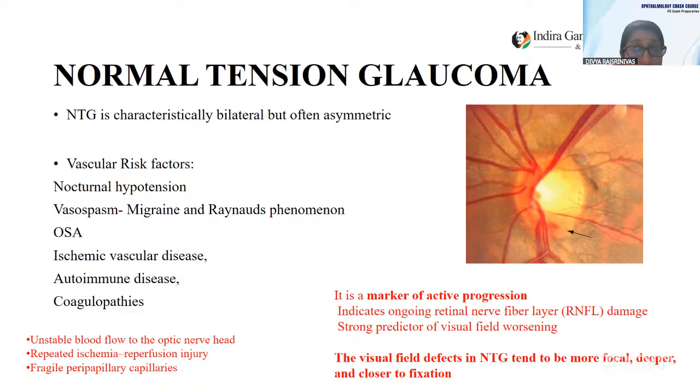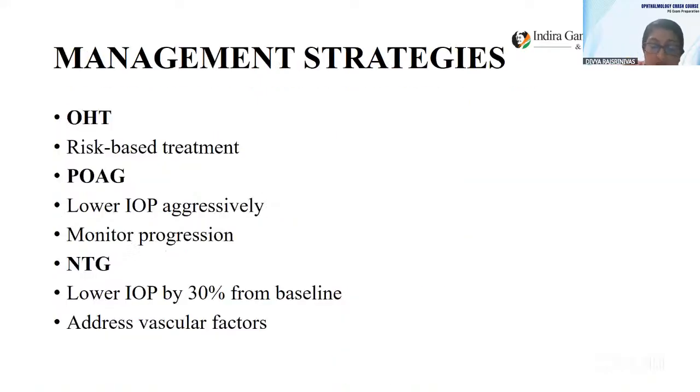And what is the significance of the disc hemorrhage? It is a marker of active progression. It indicates an ongoing retinal nerve fiber layer loss, and it's a strong predictor of visual field worsening. So the characteristic visual field defects in NTG tend to be more focal, deeper, and they are closer to the fixation. So coming to the management strategies, as already discussed, the OHT is based on the